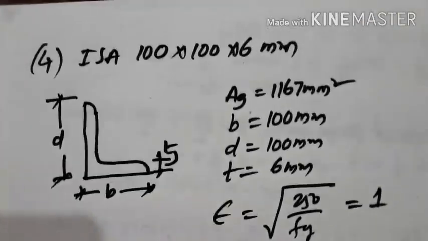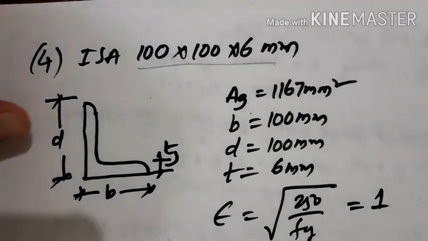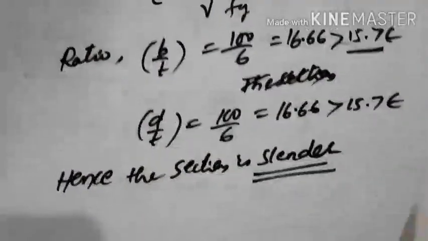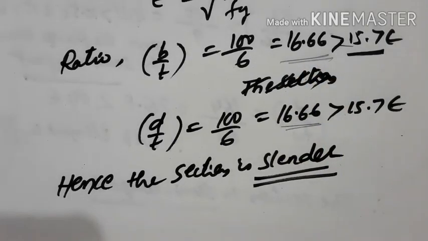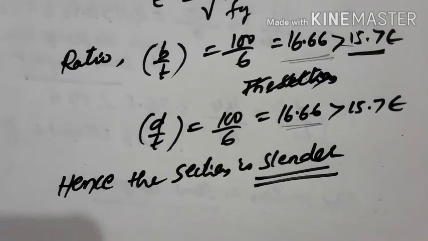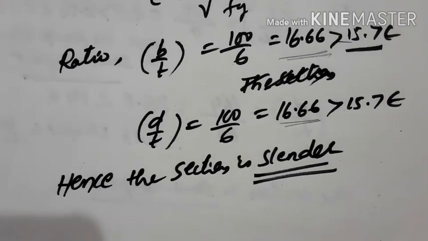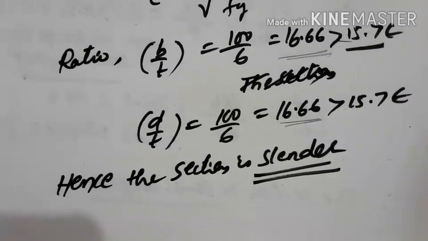Hence this angle section is lying in class 4, that is, slender section. So like this you have to classify the sections based on the width to thickness ratios and depth to thickness ratios, because the different elements will be lying in different classes, and based on the least favorable classification you have to decide whether the section is plastic, compact or